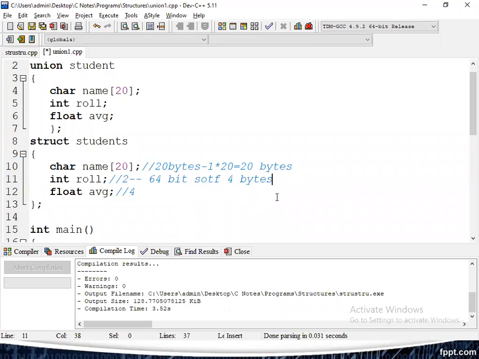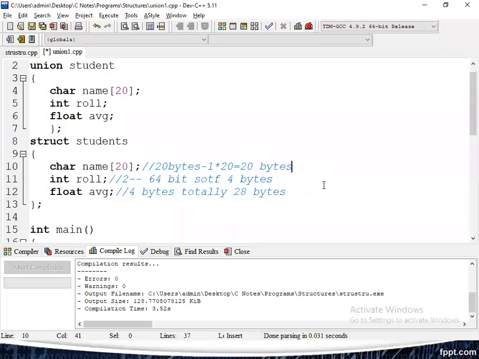You have to remember how many bytes are stored per member: 20 bytes for the name, 4 bytes for the roll number, and the float average occupies 4 bytes. Totally, how many bytes are occupied here? 20 plus 4 plus 4, totally 28 bytes occupied for the student.